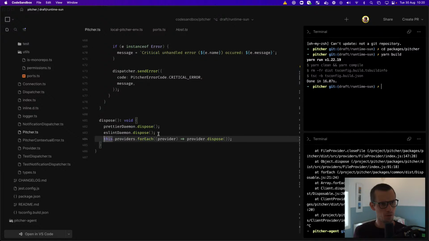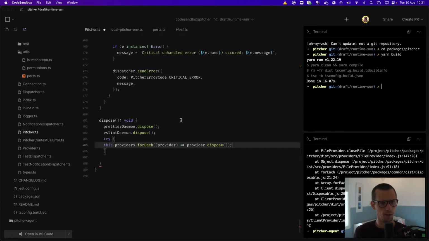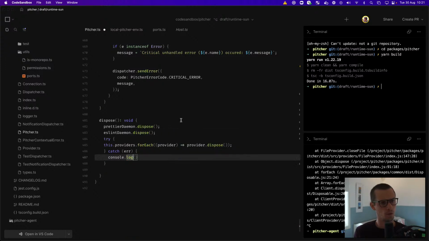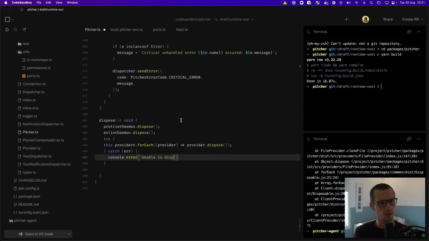Okay, I think we should just do a try catch around this. Because it's definitely preventing. Console.error. Unable to stop dispose all providers due to